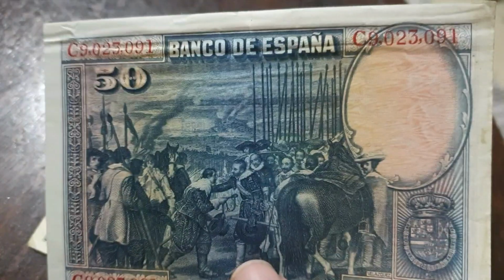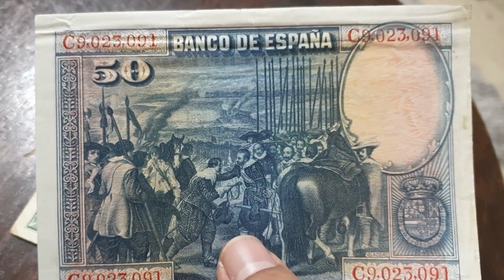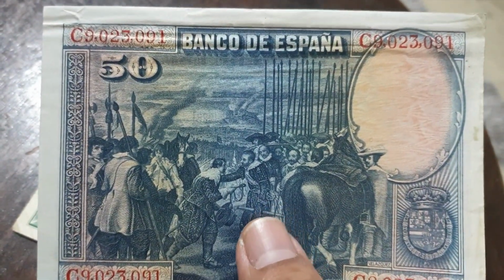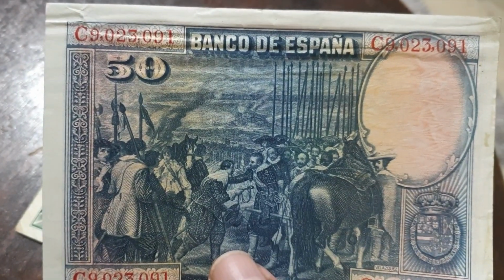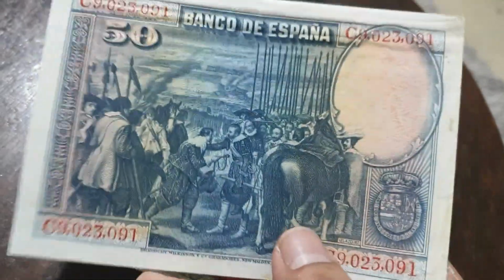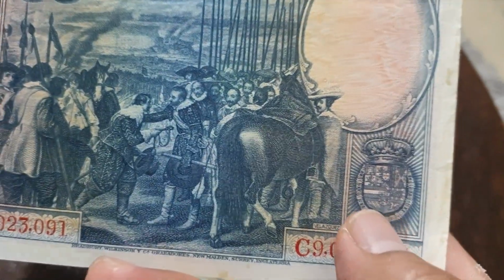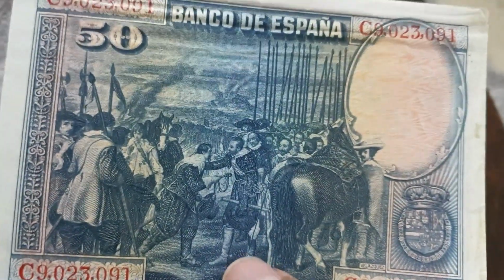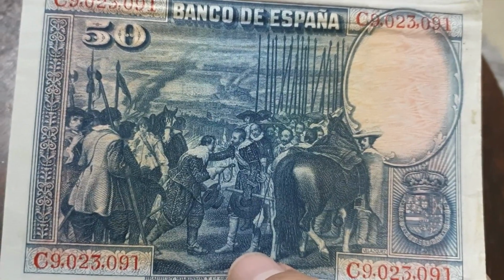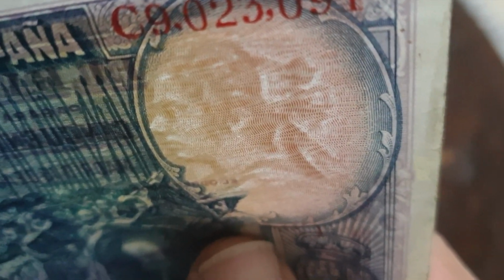On the reverse side, we can see the value up above on the left, 50. Up above, Banco de España or Bank of Spain, and the control number C9023091 on the four corners. And this one, I think this is the coat of arms of Spain. And a very nice portrait here with, I think, soldiers, and you can see a horse as well. And we can also see of course the security detail. Wow, nice old banknotes of